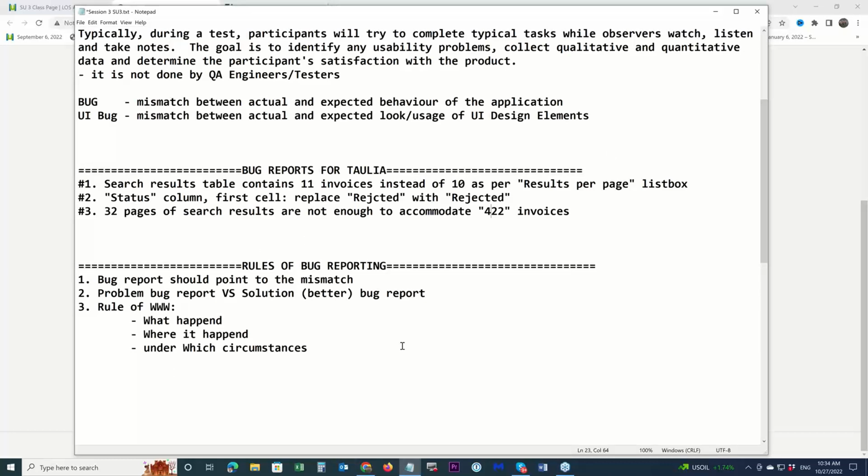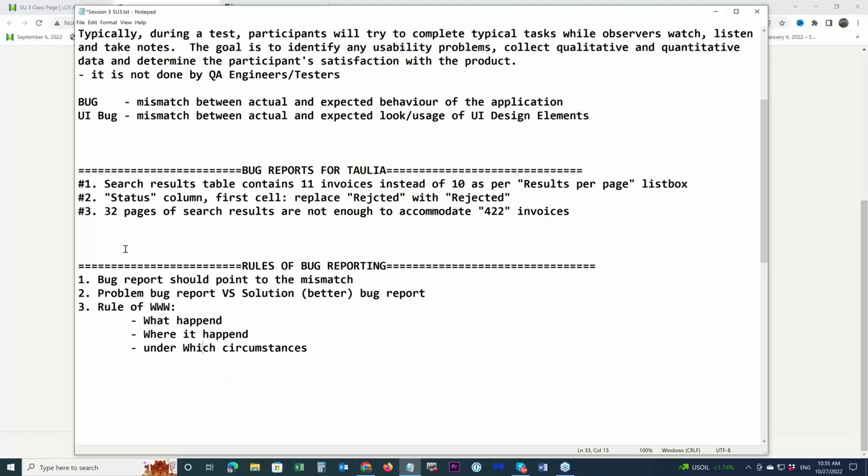In terms of 3 W's, what do we have? And by the way, when you apply the rule of 3 W's, what happened, where it happened, which circumstances, they can go in any order. It might start with what happened, it might start with where it happened, it might start with the circumstances accompanying that situation, and so on.